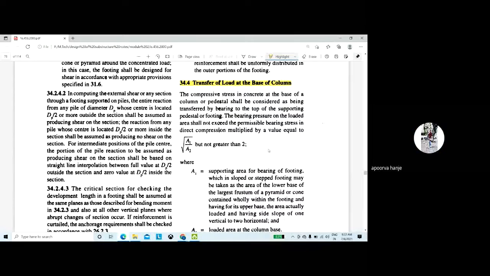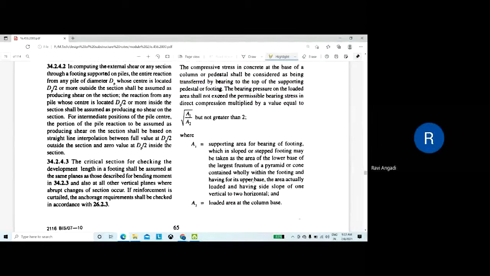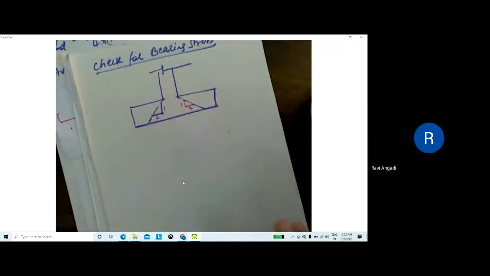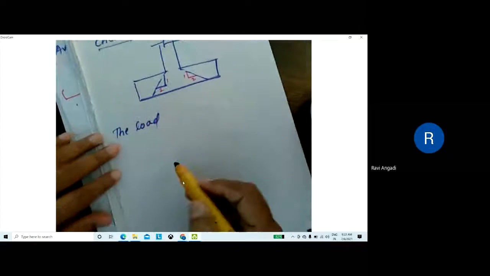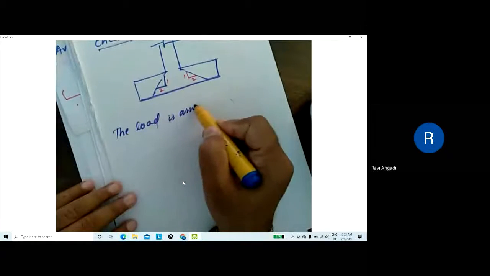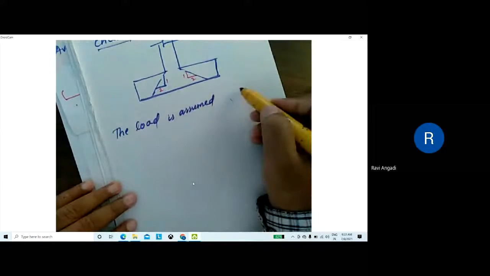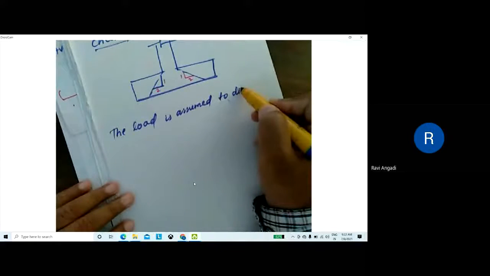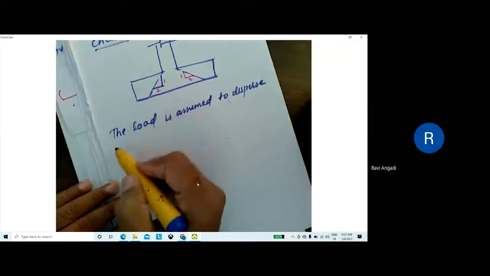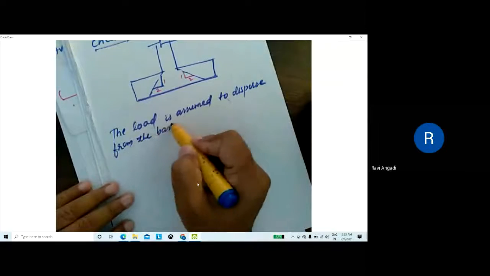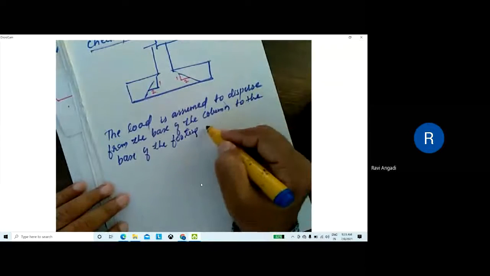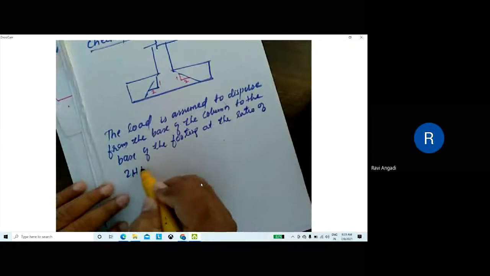According to this, you also note it down: the load is assumed to disperse from the base of the column to the base of the footing at the ratio of 2 horizontal to 1 vertical.